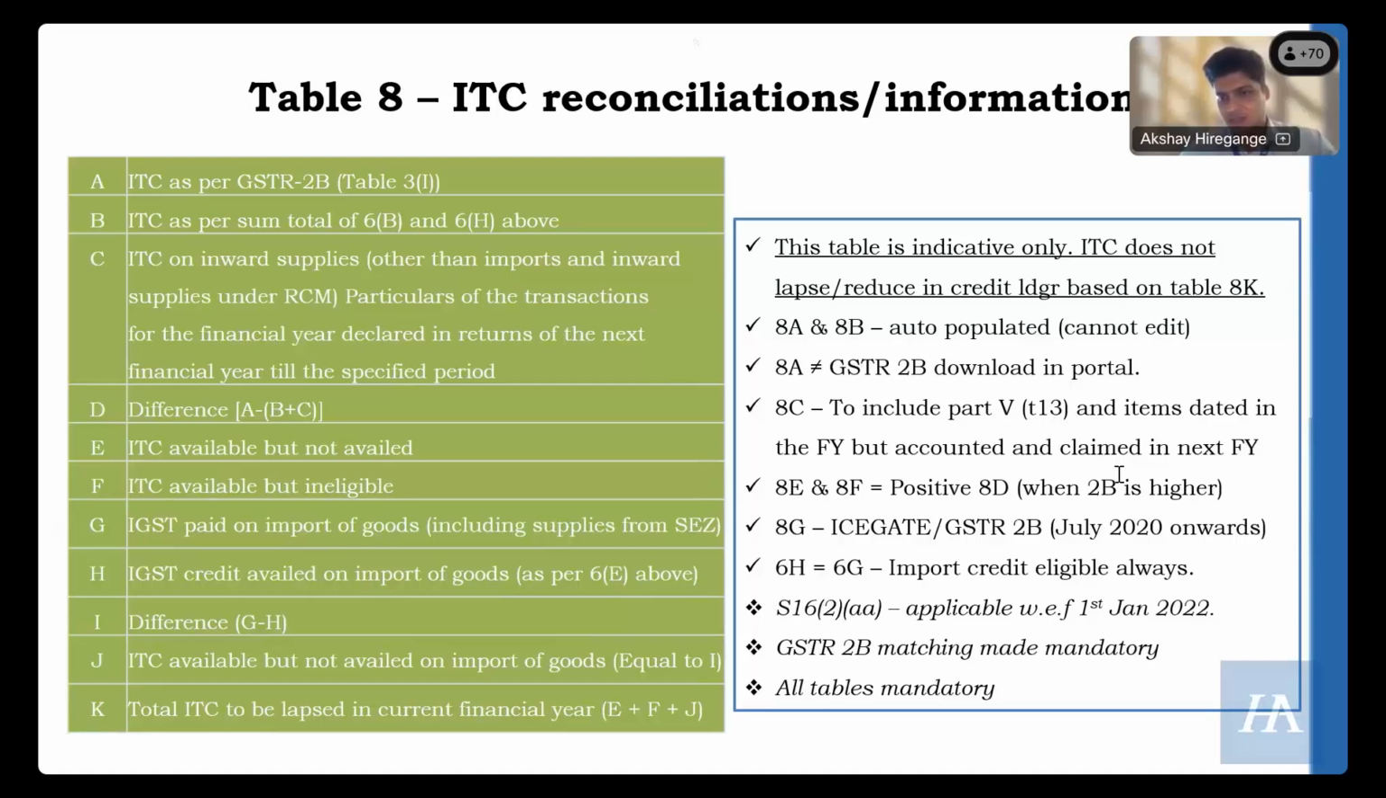Table 13 is optional. Should we report amount in table 13? Yes, it is optional. But like I said, if you are doing the reconciliations on an invoice level basis, you have clear information on what should go to table 13. I would suggest to disclose it in table 13. Even though it's optional, it is a better practice where all the information is available. For those persons who have not maintained robust reconciliations, then